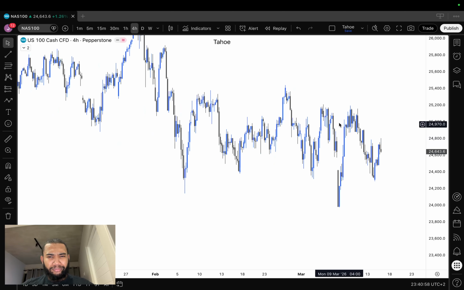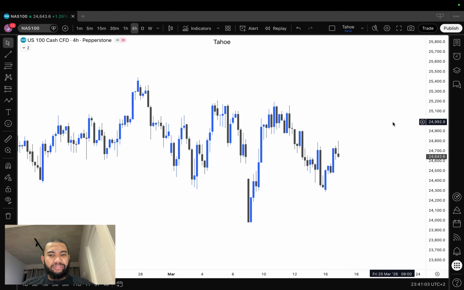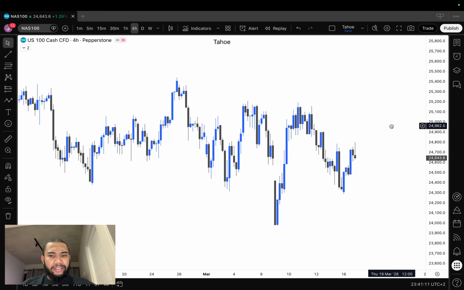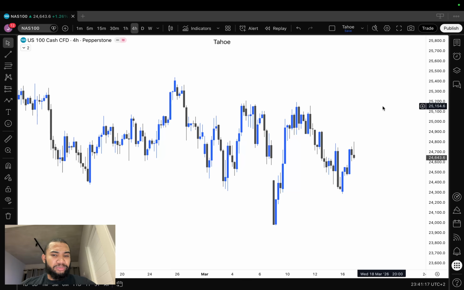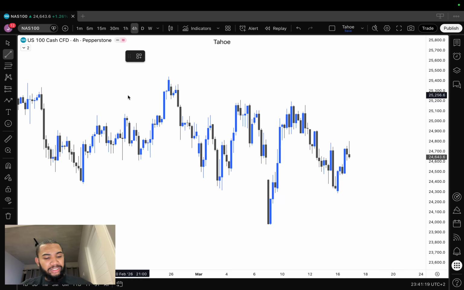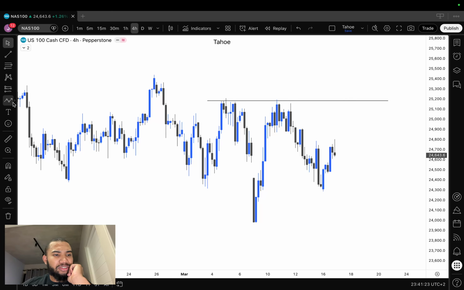Like I said at the beginning, the basic framework: what is the market doing? Is it uptrending, downtrending, or in a ranging market? For a ranging market, the only two tools we really need are support and resistance. We can easily just draw a line like this, and then we can see here